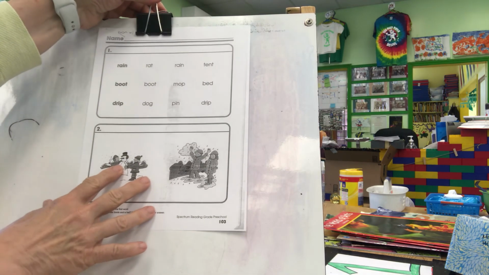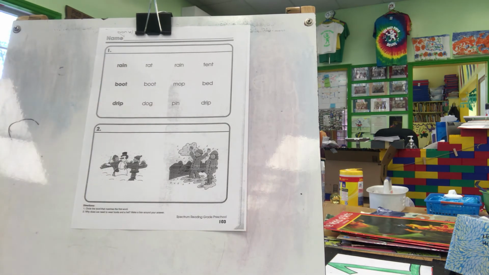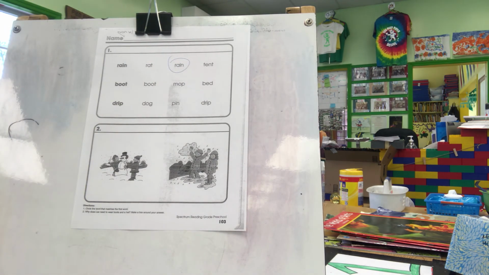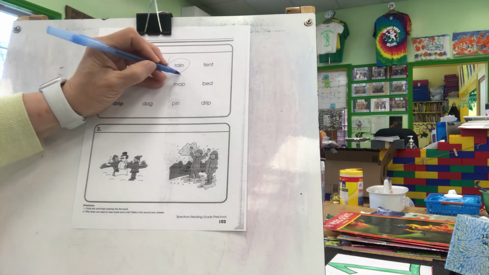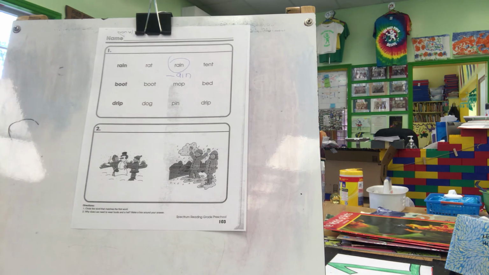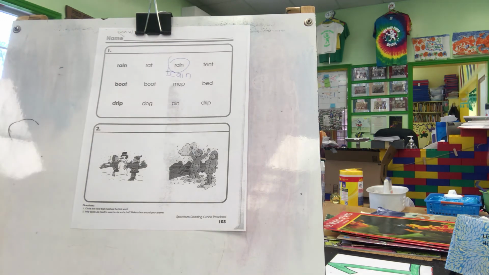Now let's go to thinking about the story. They give you a word on the left that was in the story. Do you remember the word rain? Go across and find that word rain. Now let's see if we can find a rhyming word for rain that has the same ending, A-I-N. Can you think of a word that rhymes with rain? How about train? We can put T-R in the front and rain becomes train because they have the same ending,